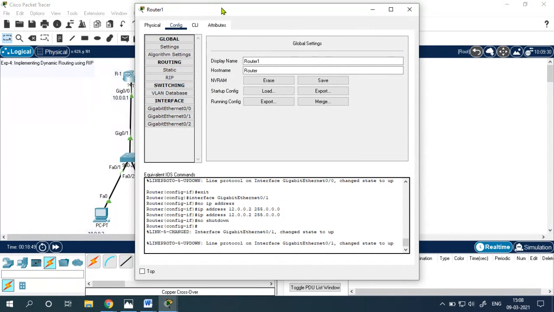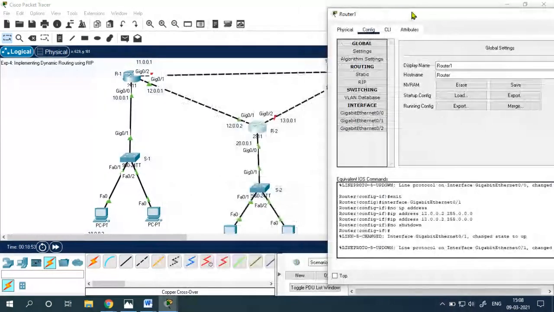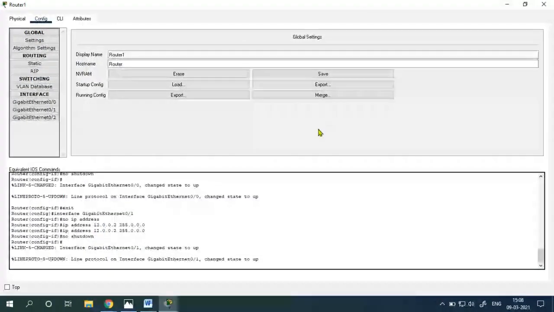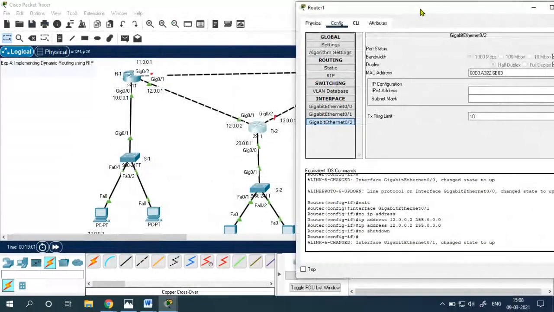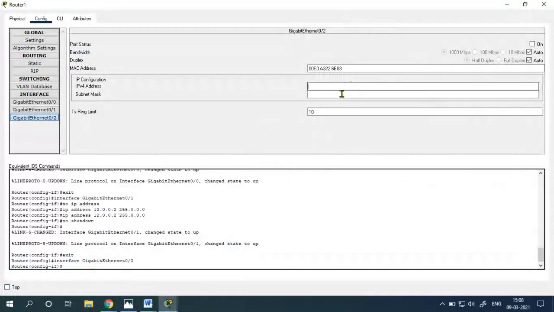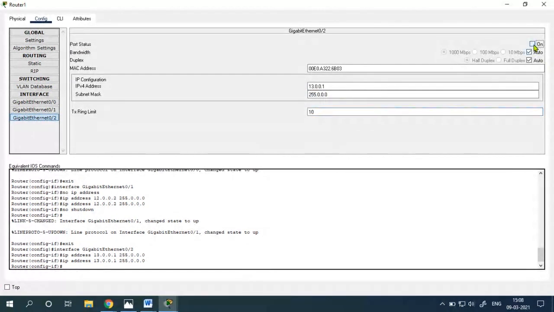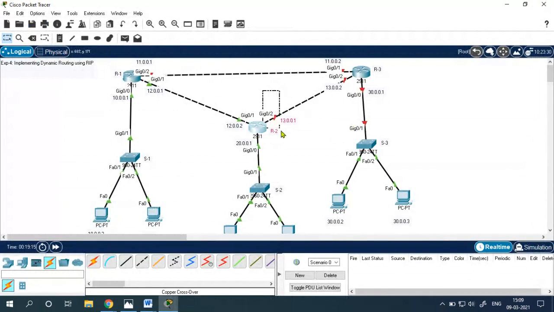Okay, now which interface is remaining? Let me check. 0/2 is remaining. Okay, what IP address have I decided for that? I have decided 13.0.0.1. Then no shutdown. Let's close it.